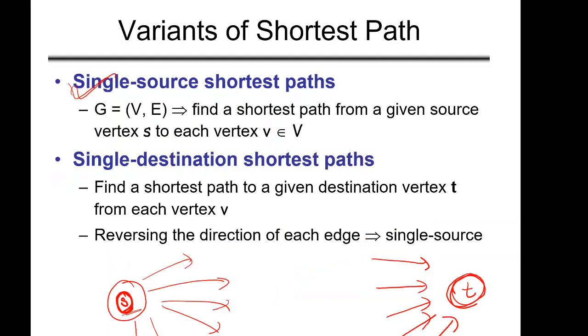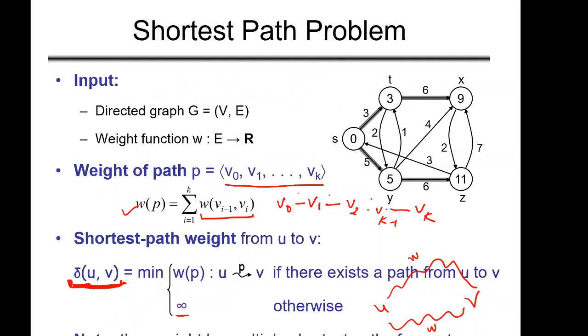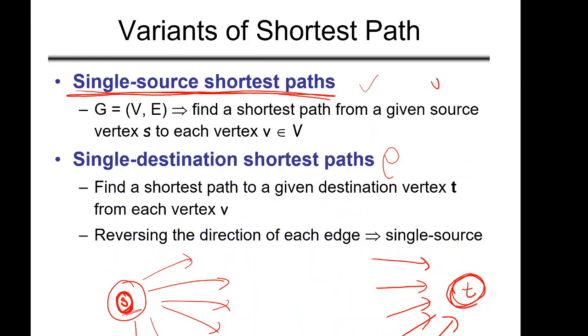So ultimately the conclusion is, we just want to solve the single source shortest path problem. Once we solve it, if somebody asks for single destination shortest path, we just reverse the edges and solve the same problem, and it will be solved automatically. Similarly, if somebody asks for single pair shortest path, then in the single source shortest path we select the source as one of the vertices given in the pair, and then we can find the path to the other vertex of the pair.